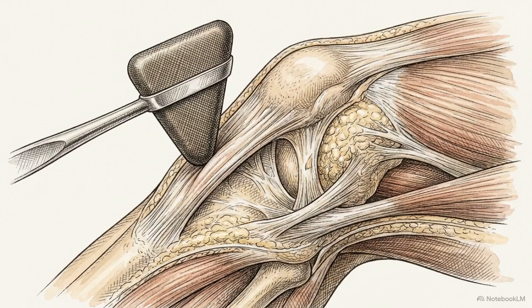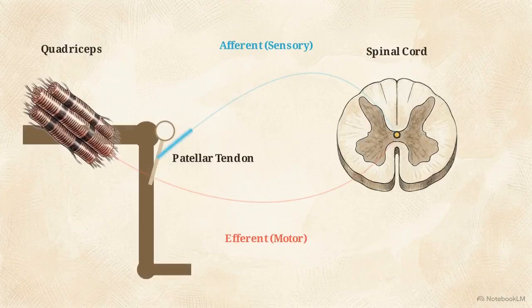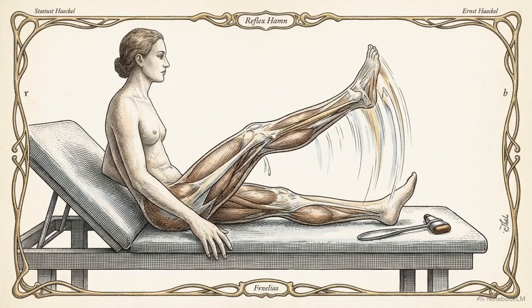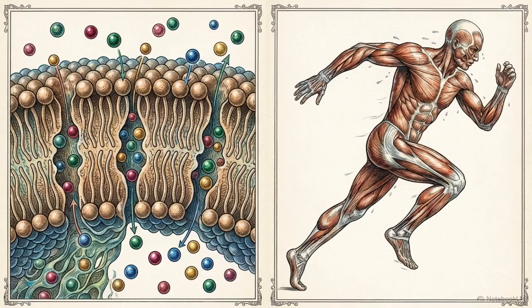During a standard knee-jerk test, the strike to the patellar tendon stretches the muscle. That stretch travels up the afferent sensory neuron, which fires directly onto the efferent motor neuron in the spine. The knee-jerk reflex allows the spinal cord to detect sudden stretch as a potential tearing injury, instantly contracting the quadriceps to protect the joint before the signal even reaches the brain. The nervous system translates microscopic ion gradients into macroscopic movement,